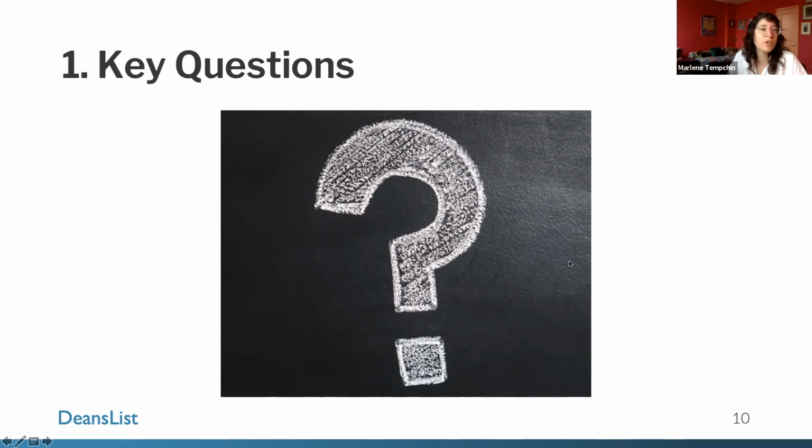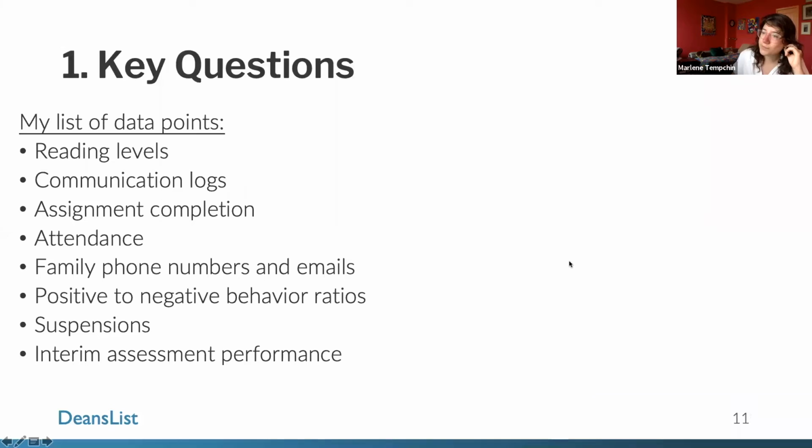So whenever you're doing a data review process, it's a good idea to take a step back and think about what questions you have about your students, about your school, that could potentially be answered with the data that you collect. We started with brainstorming the data we collect because I think that's a good way to get ideas flowing about what is possible. But now we're going to transition to questions. So here are some sample data points. I think a lot of them came up already in the Padlet in the work that we were doing.